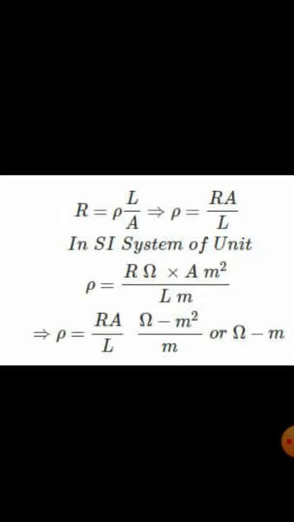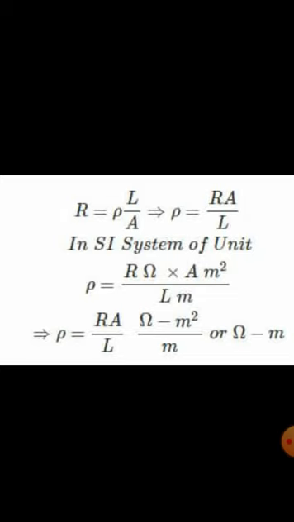Now, from this formula, let us see if we can define resistivity. In this formula, for the length of the conductor, substitute as 1 meter, and for area of cross section, you take as 1 meter square. That means you are considering a conductor of unit length and unit cross-sectional area. Now when you substitute these values of L as 1 meter and A as 1 meter square, we will have rho equal to R.